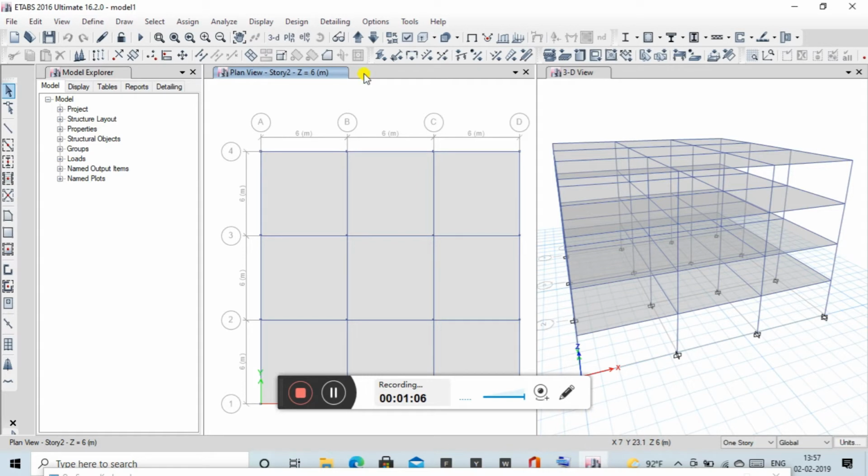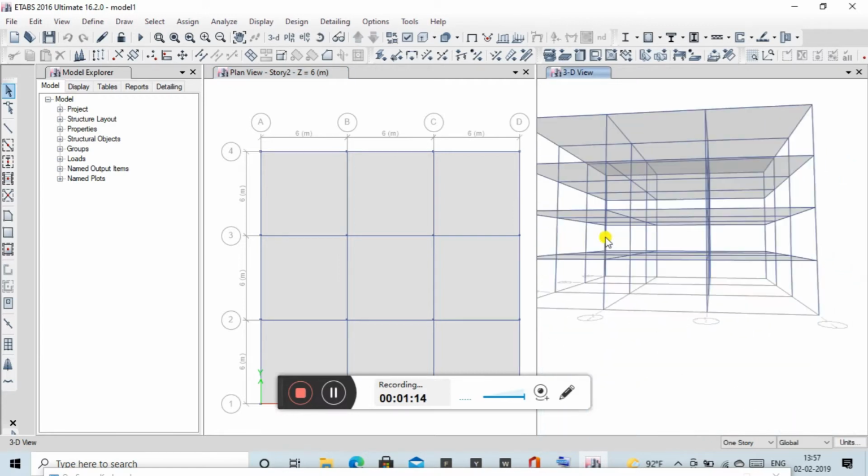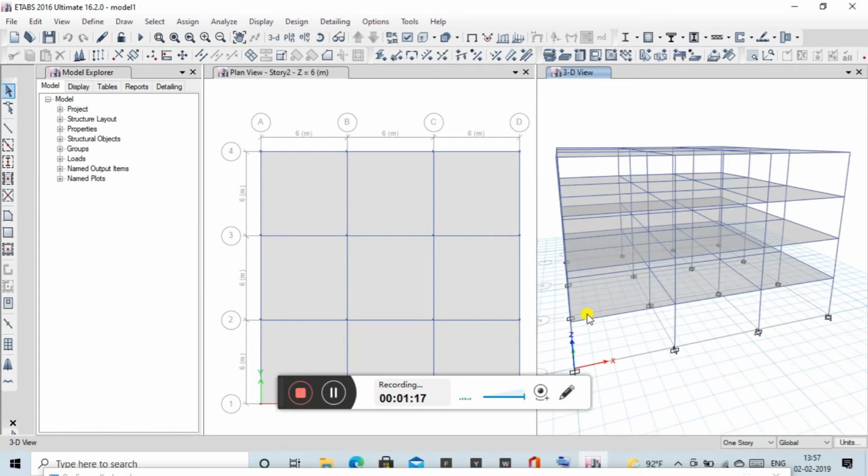If you remember, in the last video we designed this building, this 4-story building. We assigned all our material properties and frame properties, beams, columns, slabs, everything we learned how to define and how to provide in plan view. So in this video, let's first start with the cladding load. For the cladding load, you need to go first